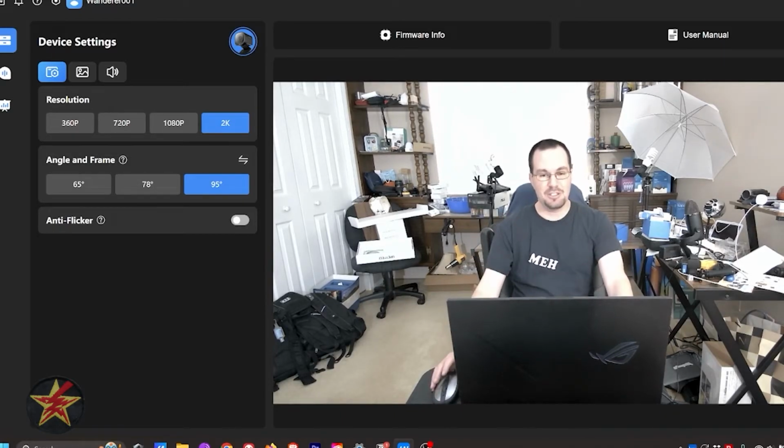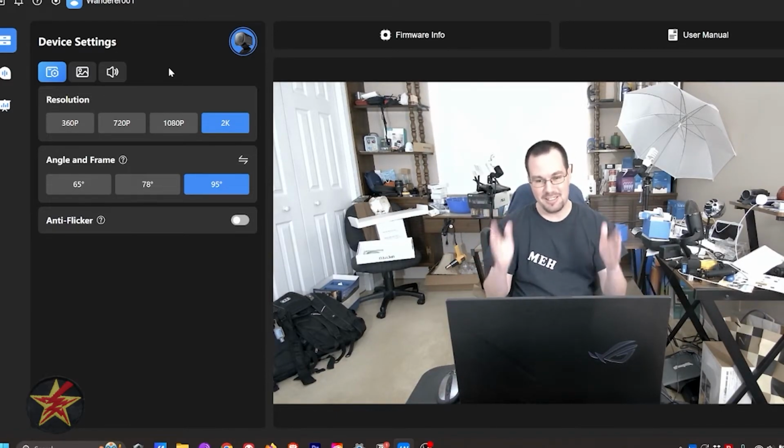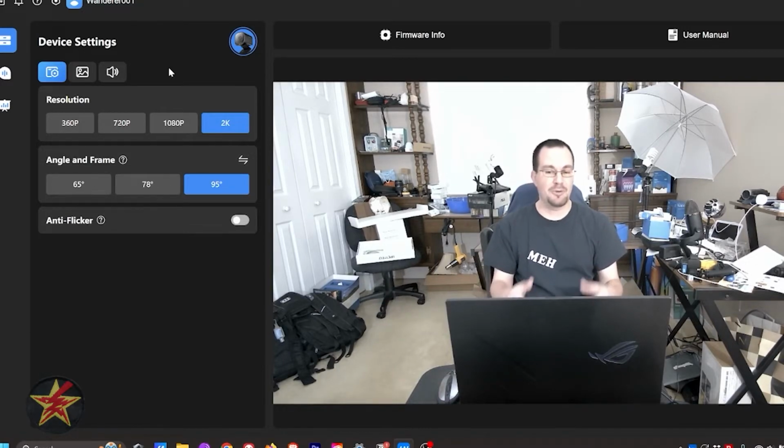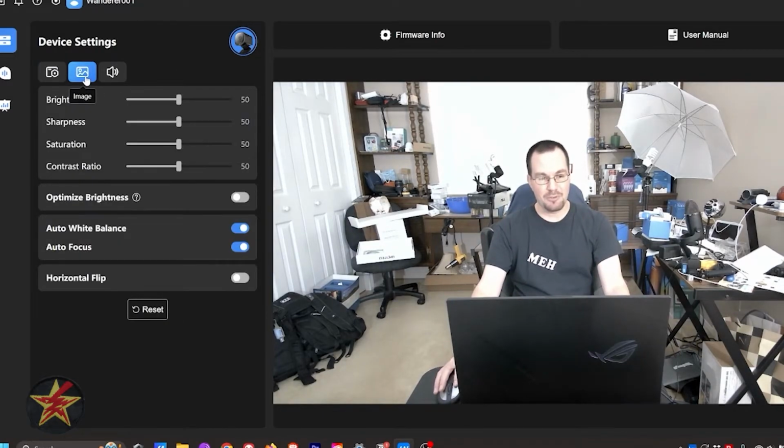The first thing I'm going to do is take us off the device settings page, because right now it's in its default state. Nothing has been changed. This is what it will film at right out of the box. And if you don't install this software, like I can't on my work computer, this is how things are going to appear. But if I come over to my image settings, I'm going to turn on this one right here,